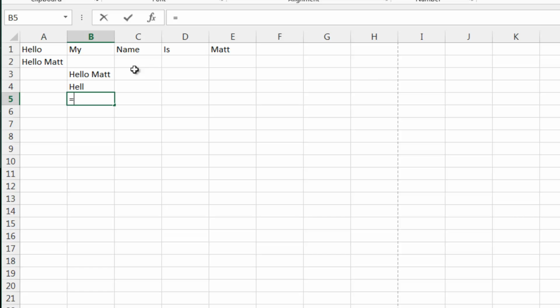So on top of that, you can also do right, and what right does is it just lets you do exactly the same but from the other side. So we do give it the cell, how many characters, and it'll take the 4 off of the right hand side. Now these are useful, but they're actually made a lot better if you have kind of a combination of